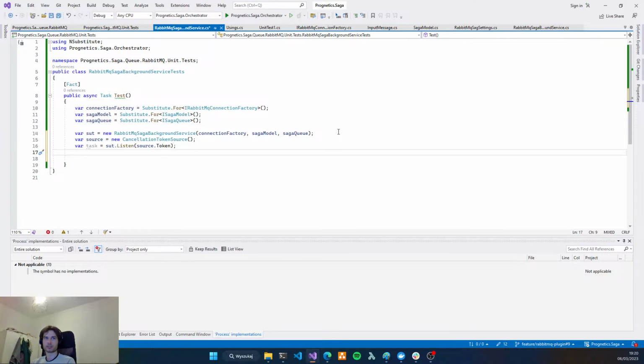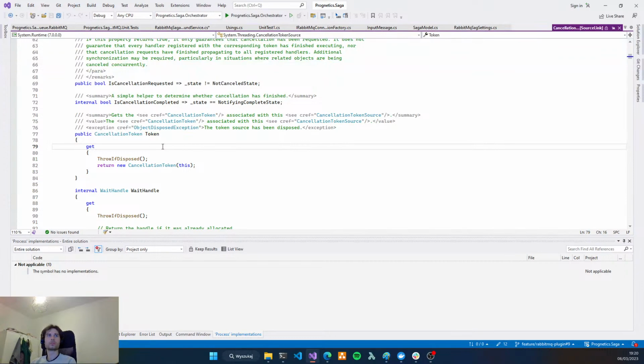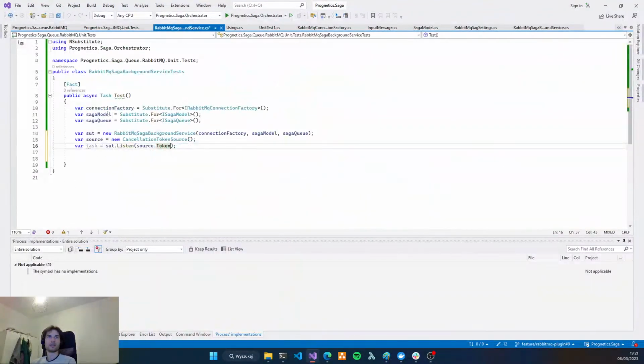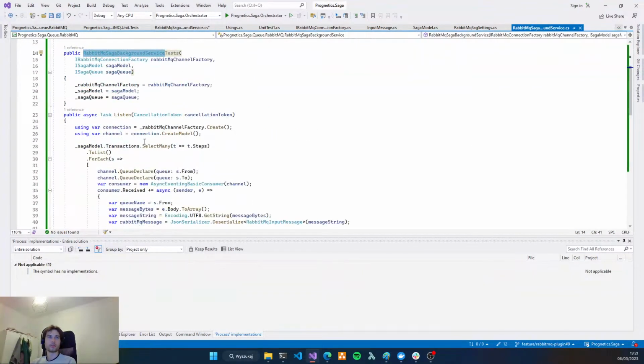And now the task also waits for the cancellation token to be changed. So cancellation token was the classic. Let's see what we want to do with this.